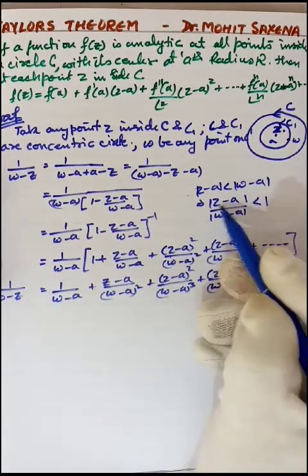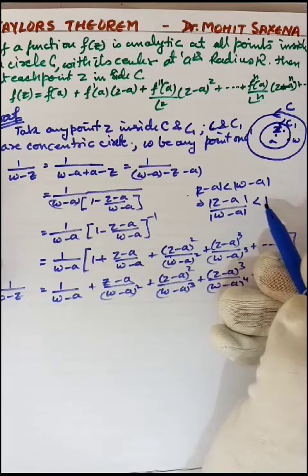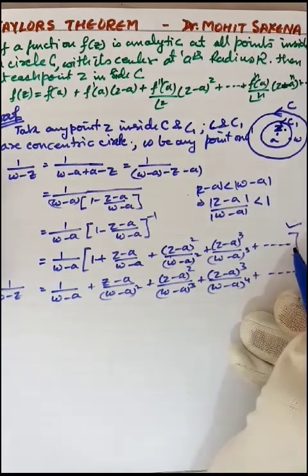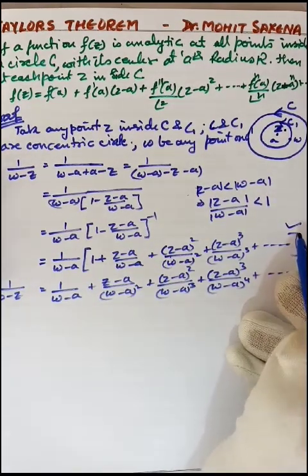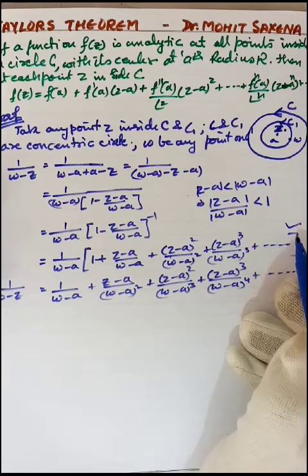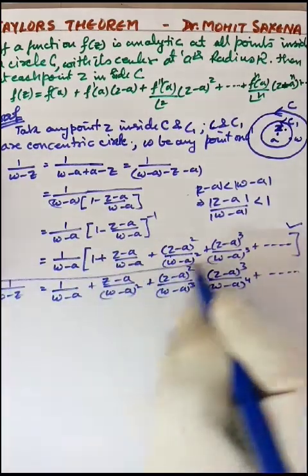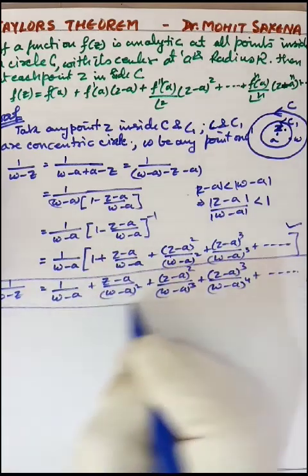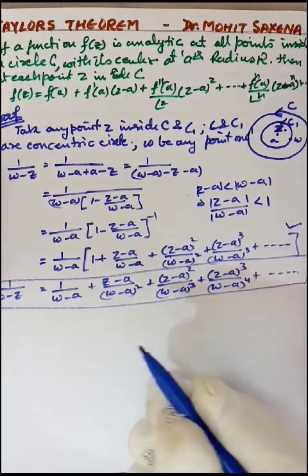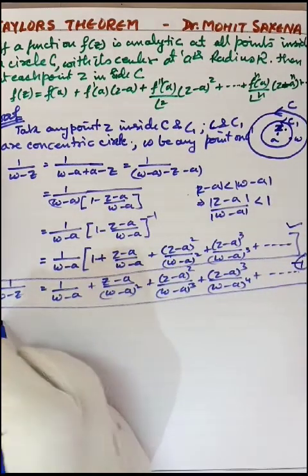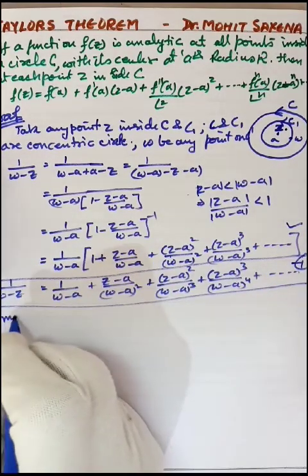As we know, modulus of (Z minus A) upon (W minus A) is less than 1. This means that this whole series is a convergent series. If this series is uniformly convergent, it can also be integrated. This means this particular expansion is convergent as well as integrable. So multiply this series